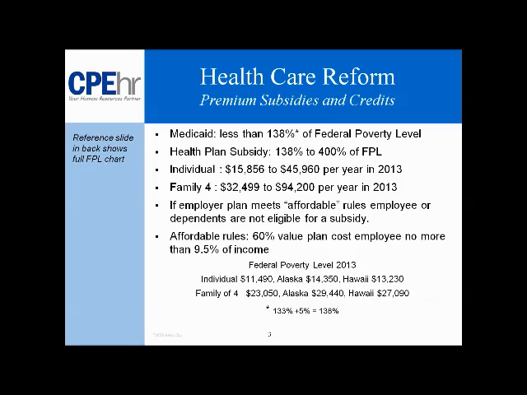The next slide presents some information about the premium subsidies and credits. This information indicates that Medicaid eligibility is going to be set at 138% of the federal poverty level, and individuals eligible for Medicaid below this income level will essentially have access to the federally subsidized Medicaid program. For individuals with low income above 138% to 400% of the federal poverty level, these individuals will be eligible for a premium subsidy. And for an individual, that means someone with income, based on the 2013 federal poverty levels,